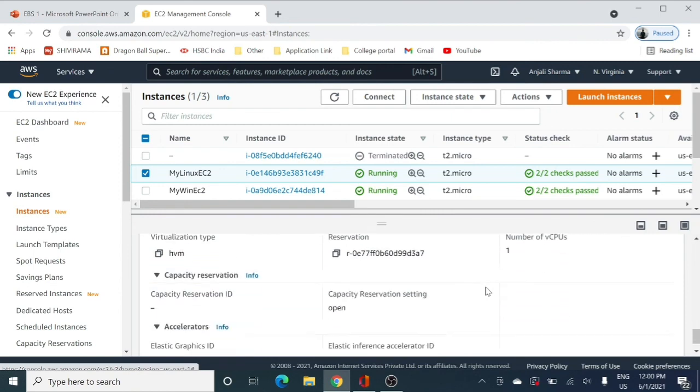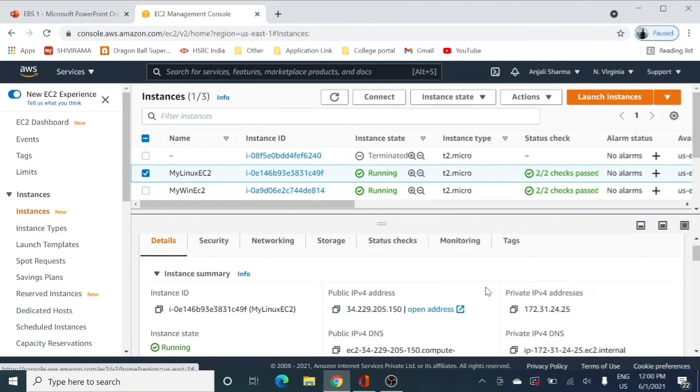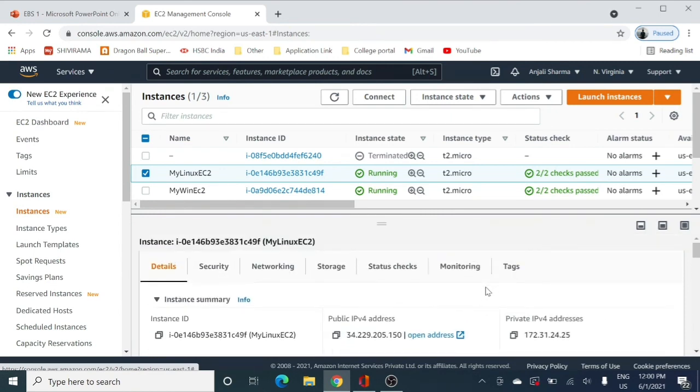So the root device shows only one value. Even though we have created the volume and attached it to our EC2 instances, in order to use those volumes, we have to mount them, right? There will be different steps for mounting Linux volumes and different steps for mounting volumes in a Windows AMI. So in the next video, we are going to see one by one how we can mount these EBS volumes to our Linux instances as well as our Windows instances.